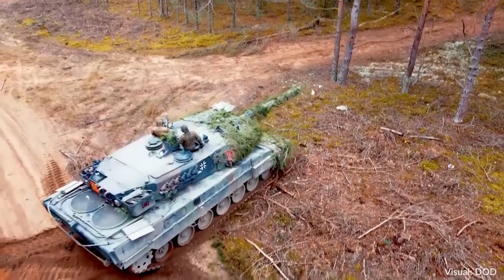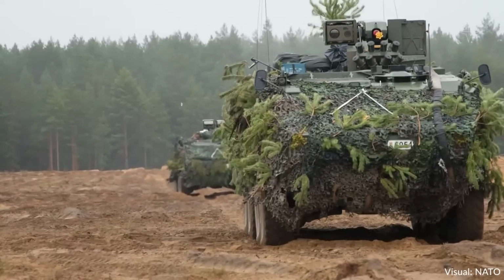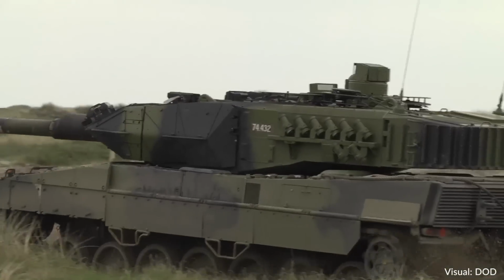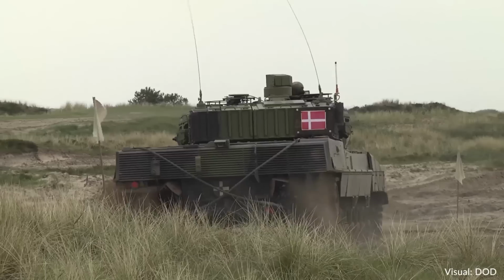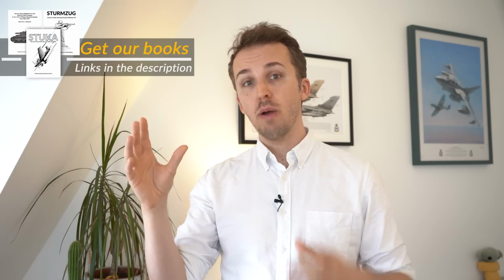For frontal protection, its main armor on the turret is said to have a rough equivalency of 920 millimeters of rolled homogeneous armor and roughly 620 millimeters on the glacis and lower front hull. The A6 also features 8 76mm smoke mortars for quick concealment with IR disruptor smoke that can be deployed near instantaneously. In sum, in a one-on-one vacuum matchup where, for now, the tactics don't matter, the Alligator outranges the Leopard 2 A6,